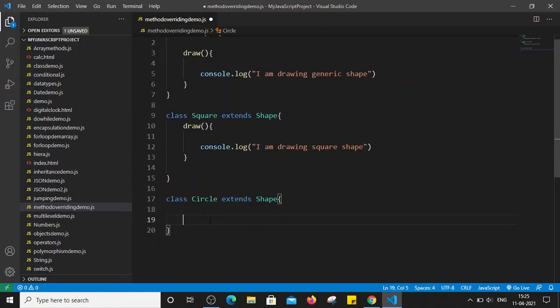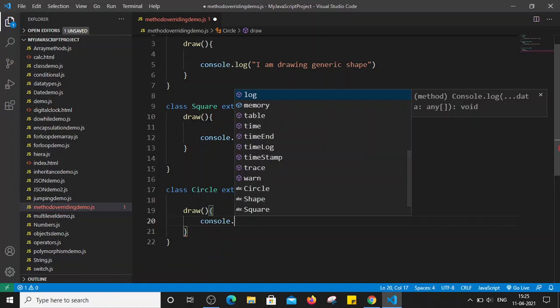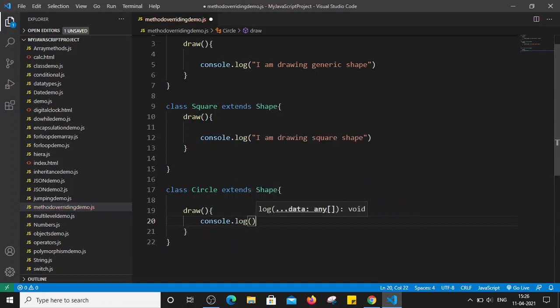And this class is also going to have the same method definition, that is draw method, but the implementation is going to be different, right? So whenever we call the draw method from object of class circle, what should it print? It should basically print I am drawing circle shape,